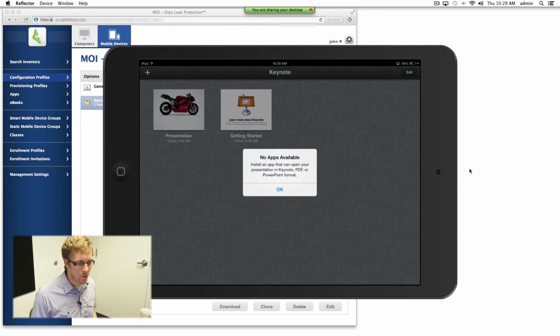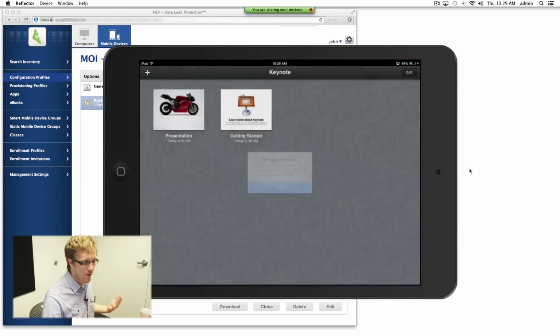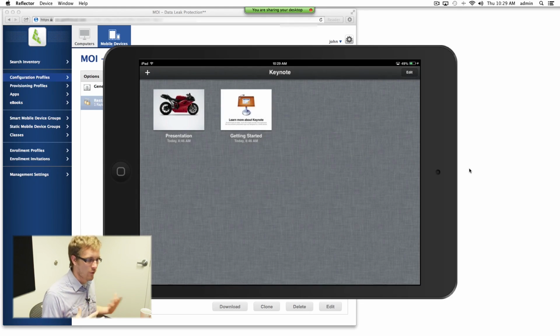As soon as I try to open it into anything else, it'll say, hey, you can't open it in anything. The message that it shows me says, I don't know what app you want me to open this in, because I don't have any available that can take a PDF or a Keynote or that sort of thing. And so it's very simple for me as an admin to force and only enable our corporate data to move